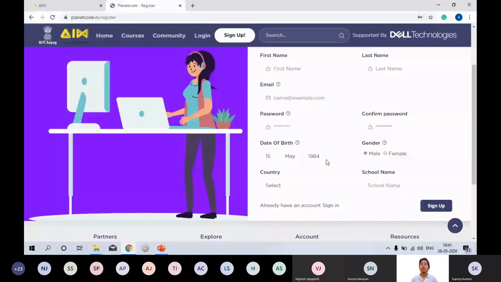And then your gender, you know what to do with that, and the country, you know what to do with that also. In your school name, when you're typing your school name, I want you to type in your full school name. Do not give me shortcuts like CBM, KB, PD. All these things will not work. That's because there are thousands of people accessing this portal. If something goes wrong with your portal, we would be able to look into that specific information and pull out the information. So this school name will help in sorting this out. So I want you to make sure you give the full name. Once that is done, you're good to go.